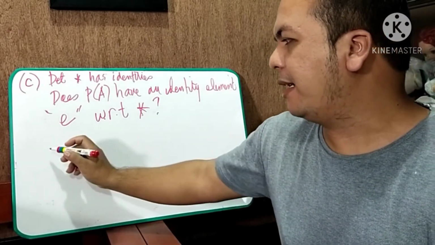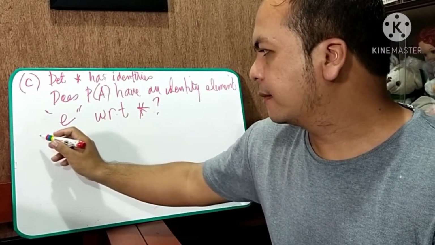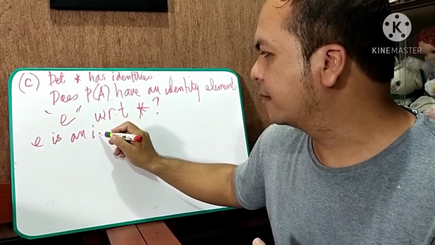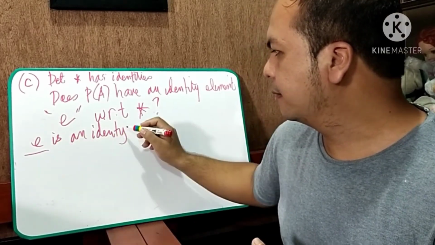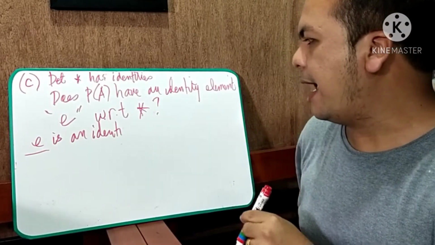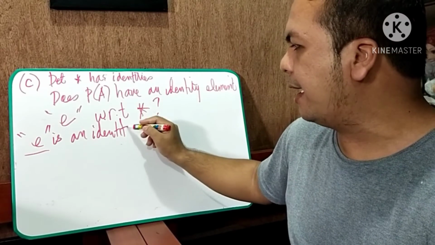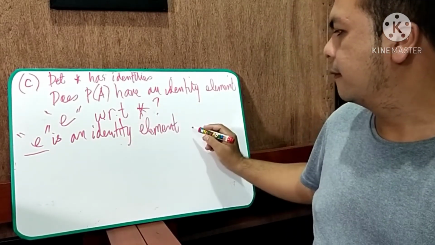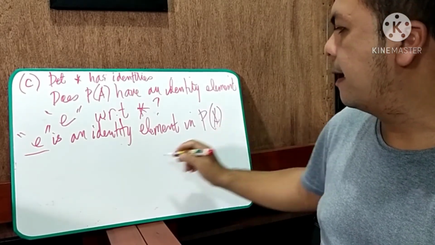So, ibig sabihin, for this identity element, yung definition, E is an identity element, this E here is an identity element in P of A if